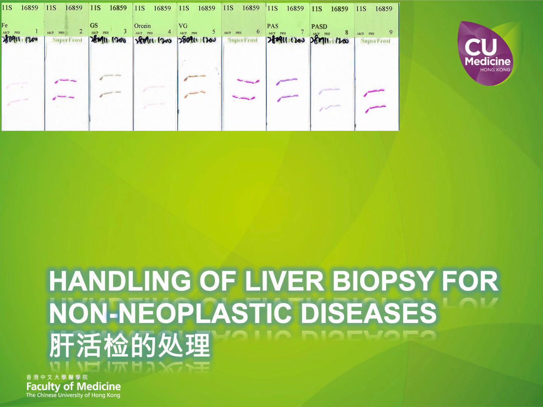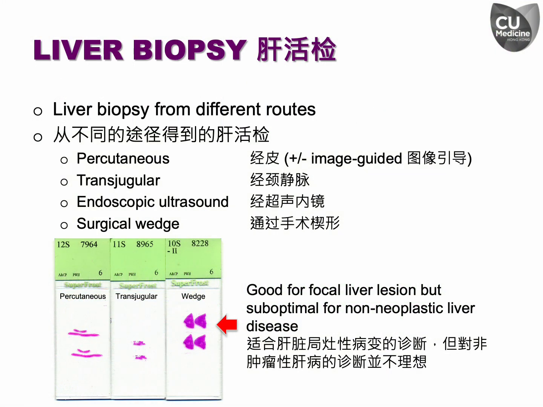Effective handling and processing of liver tissue are essential initial stages for the histological evaluation of hepatic diseases. A comprehensive grasp of the applications and limitations of commonly used histochemical stains in liver pathology is crucial for the precise interpretation of morphological findings. Liver biopsy samples are typically obtained through different common routes: percutaneous, transjugular, endoscopic ultrasound (EUS), and wedge.